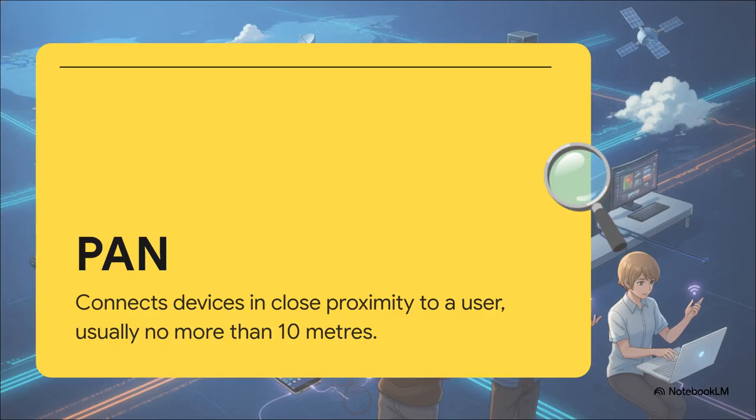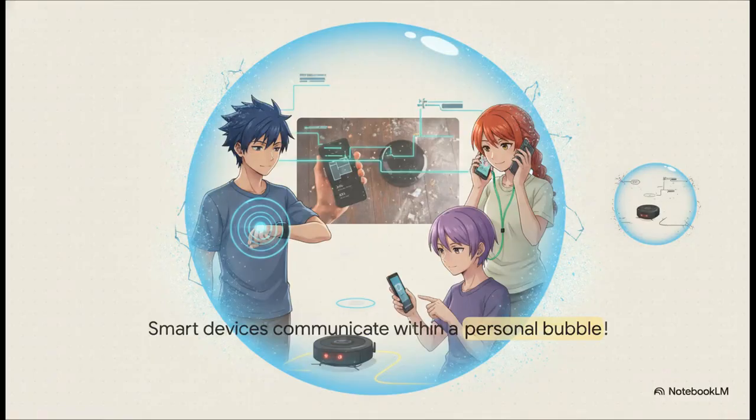of Bluetooth. So, when you sync up your smartwatch to your phone, connect your wireless earbuds, or use your phone to kick off a smart cleaning robot right in front of you, you are creating a personal area network. The only catch, because it's a PAN, it only works when you are physically close. If you walk too far away, that 10-meter bubble pops and your connection drops completely.